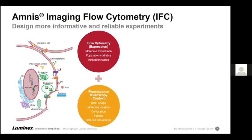When asking questions about the size or the shape of the cells, where in the cell different molecules are located, or how cells might be interacting with one another, as well as the appearance of the cells, one turns to fluorescence microscopy. Where in a cell a signal is collected allows for the gathering of deeper information, but sample size is often limited when utilizing microscopy. As separate technologies, both are powerful and definitely have their place, there's no question about that,